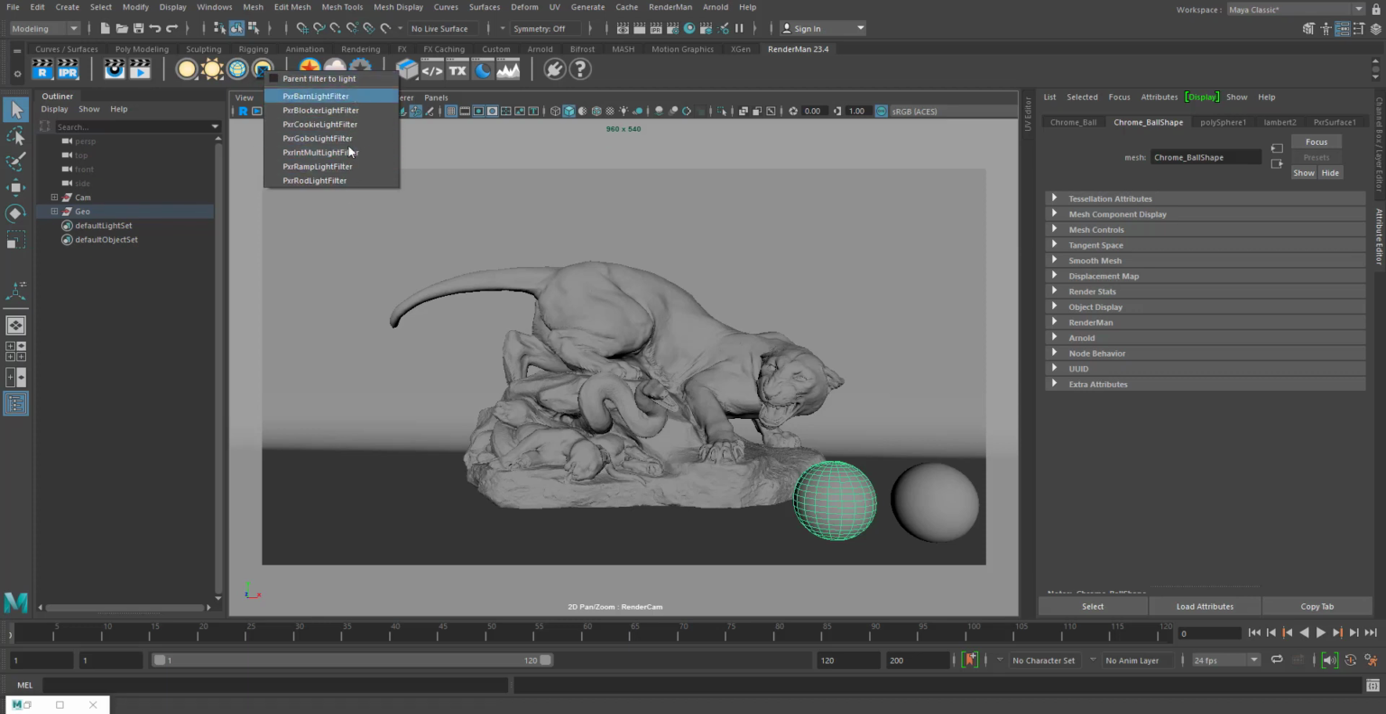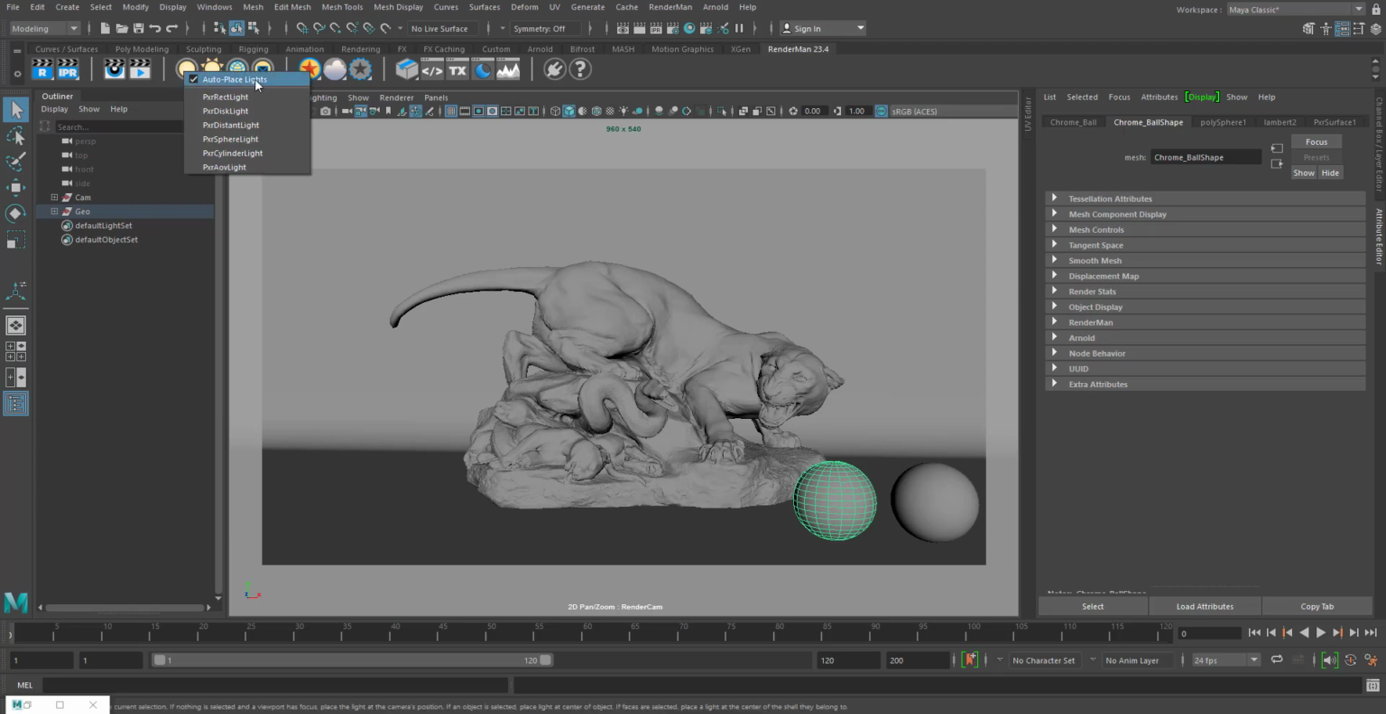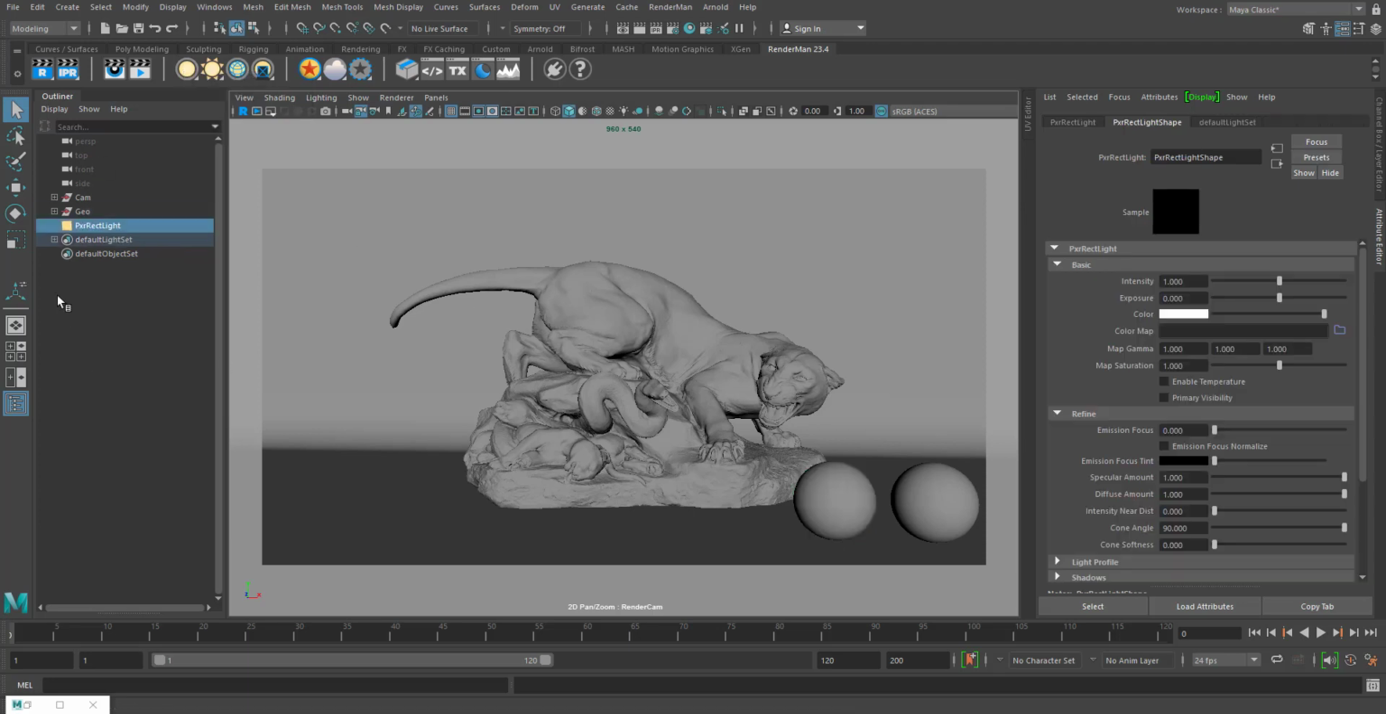I'm not going to talk about the light filters in this tutorial because it is a big topic, so I'm planning this for a different tutorial. So let's focus on this menu first. Let's first create a rectangular light. And if you look at the rectangular light,